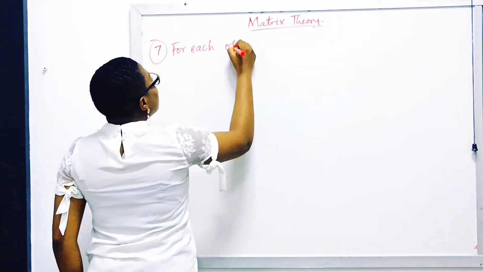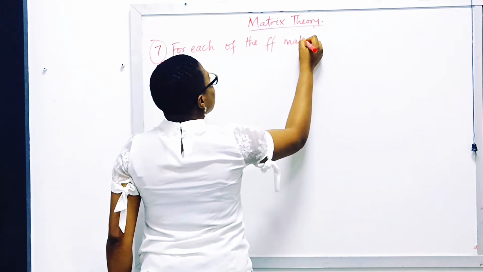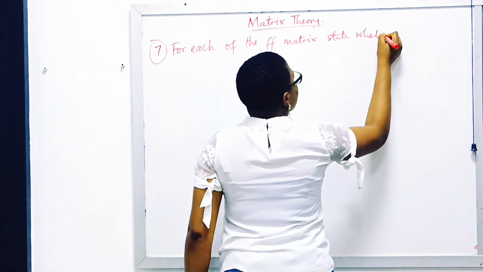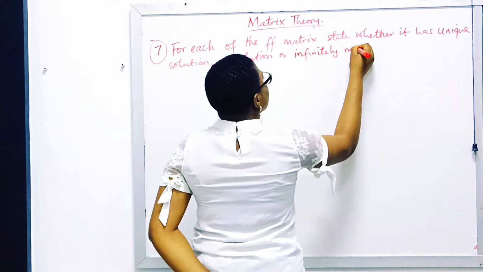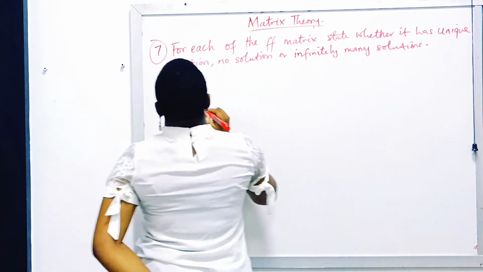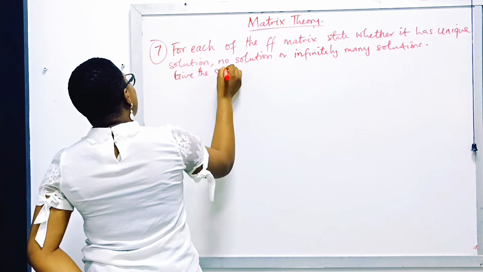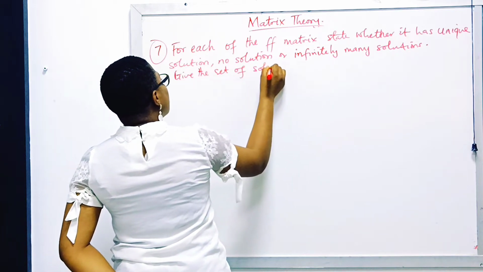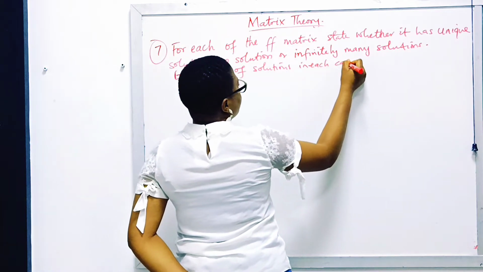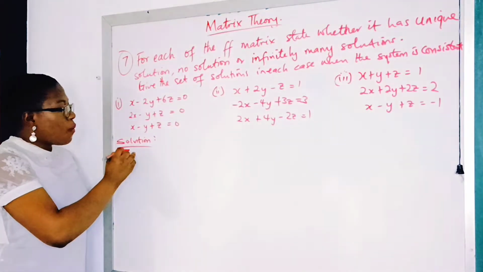Okay, for each of the following matrices, state whether it has a unique solution, no solution, or infinitely many solutions. Then give the set of solutions in each case where the system is consistent. So this equation is: